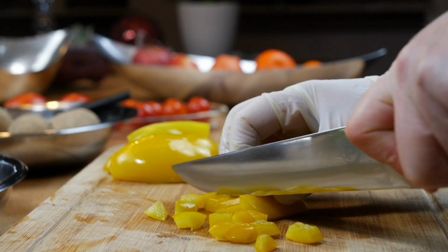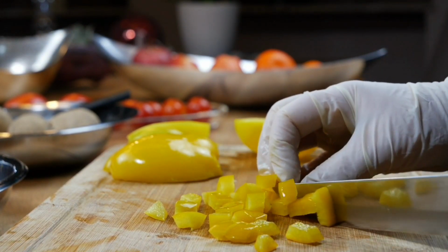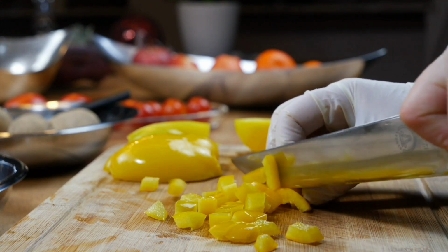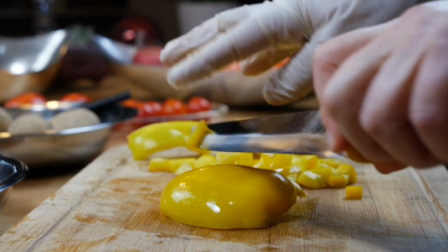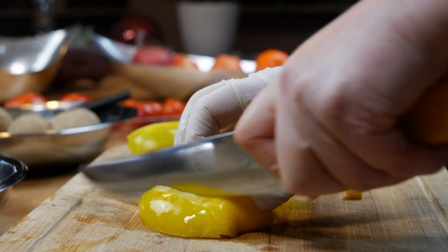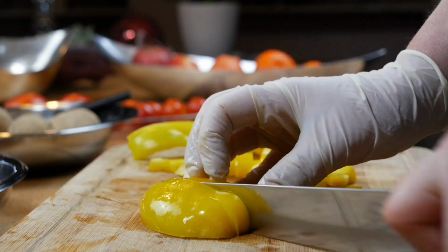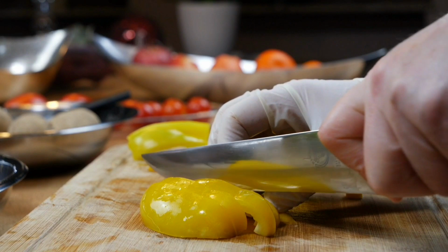Capsicum. Capsicum, scientifically known as Capsicum annuum, is a member of the Solanaceae family. Capsicums are referred to as bell peppers in the United States, shimla mirch in India, and peppers in the United Kingdom. Capsicums are native to northern Latin America and Mexico and come in a variety of colors including green, red,